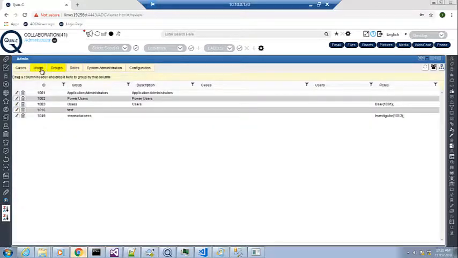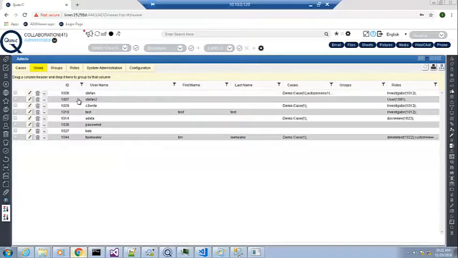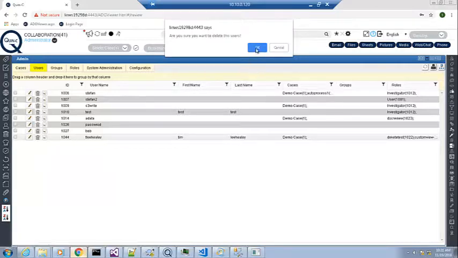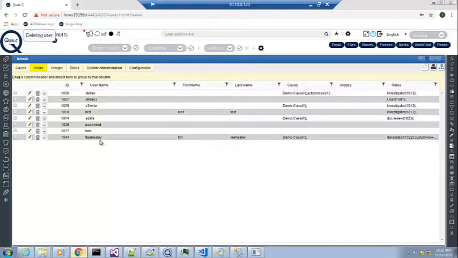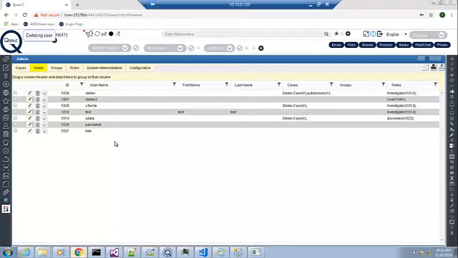Okay, now to make this test complete, I'm going to go ahead and remove this user. And what we're going to find is that, in fact, the login process is going to add that user back in. And why is this? Because the way it works is when Quincy asks, hey, who's logged into the browser, it